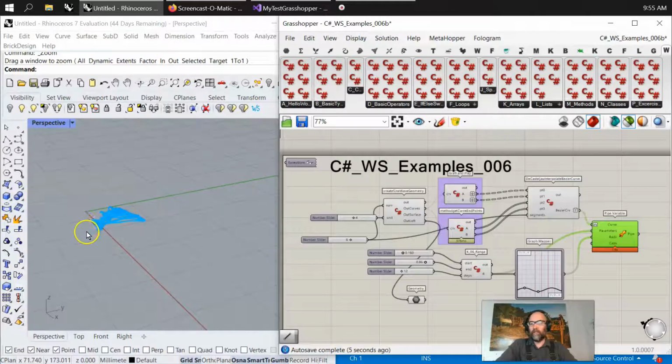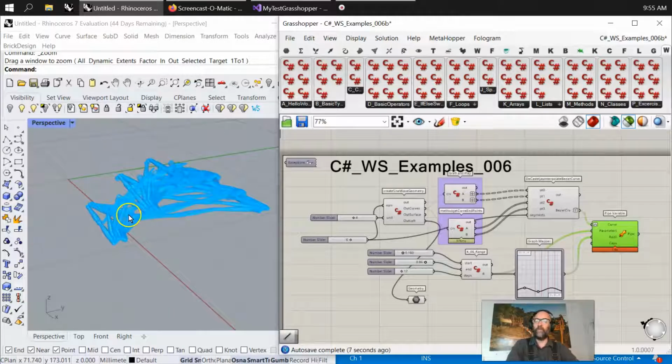You can see my scale's a little off, and I learned that from ARA scale. It's all about scale. So